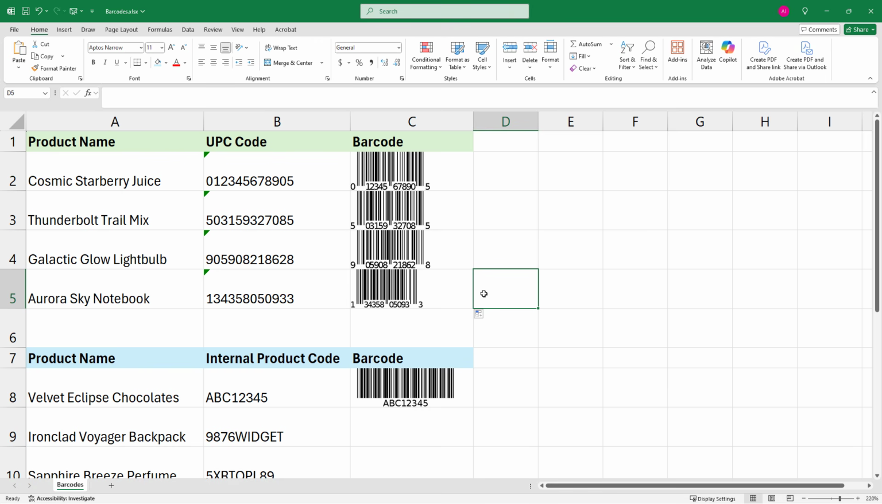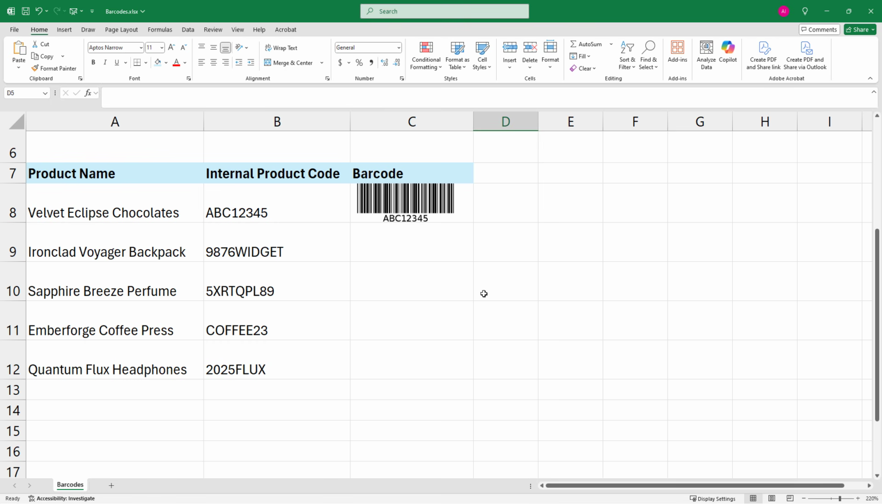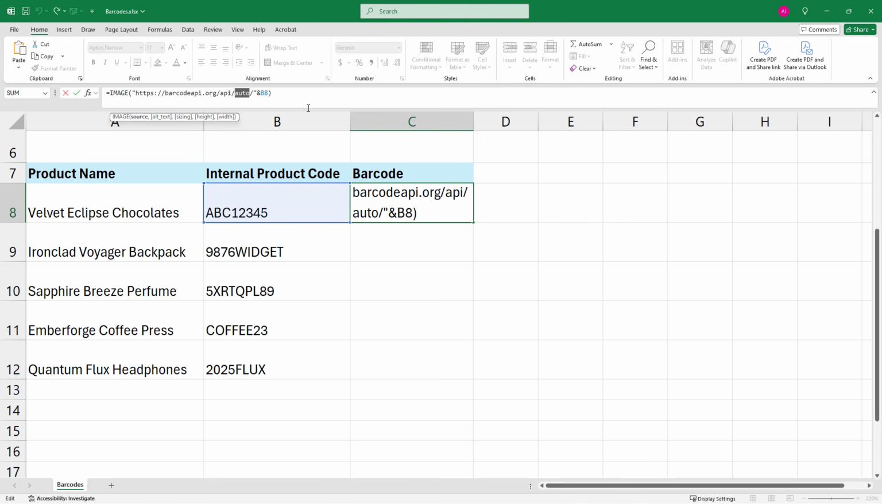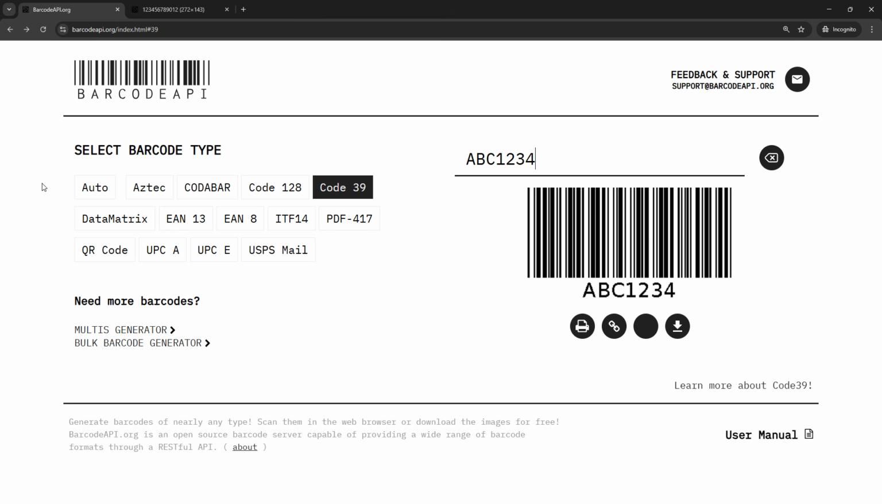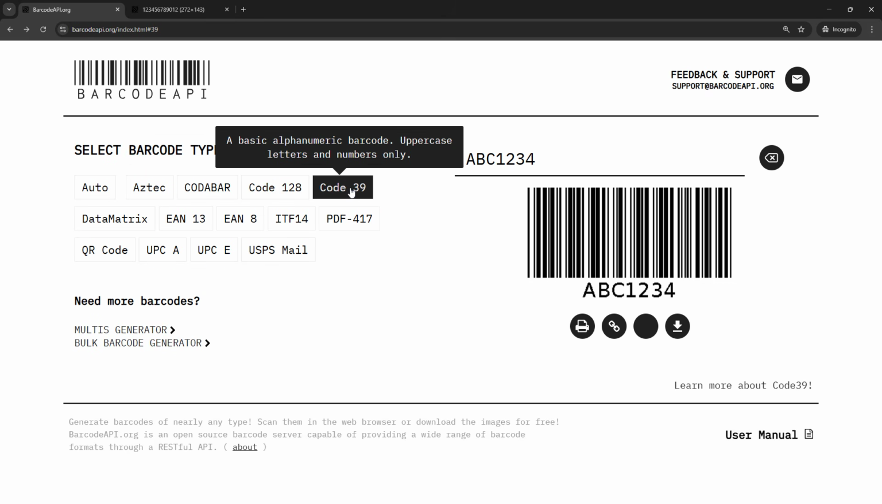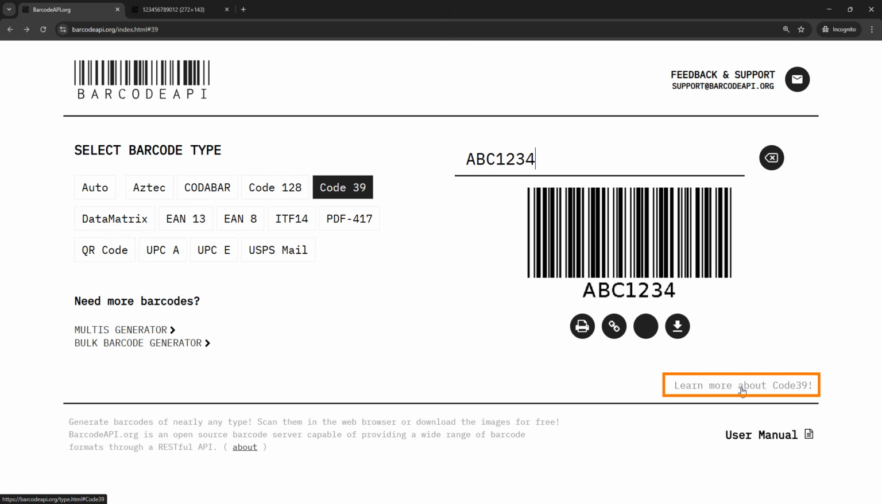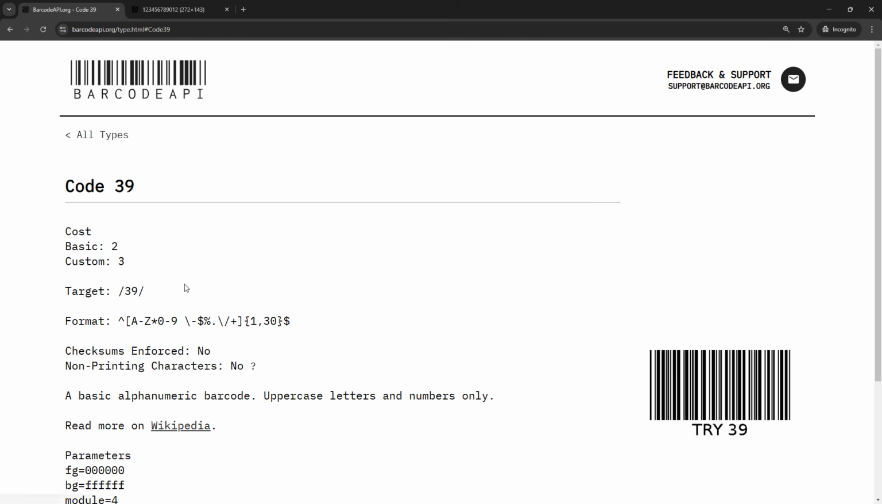Okay, perfect. Now let's move down to some codes that are not UPC codes. So this one has got uppercase letters plus some numbers. And here we're still using auto, but maybe you had something particular in mind, a type of format that you wanted. You can find out what to use instead of auto if you come back to the website. So code 39, for example, the uppercase letters and numbers. If you come down here to learn more about code 39, you'll see that instead of passing in /auto, you should pass in /39. Or if you go to all types,